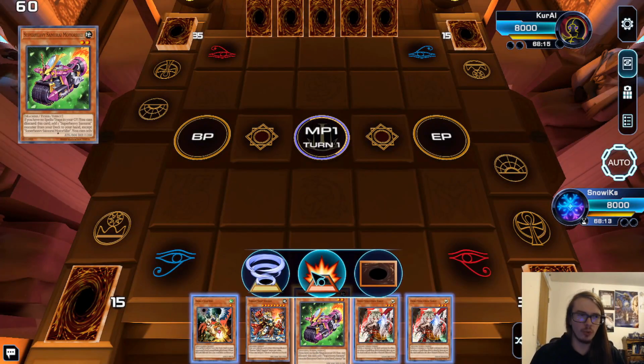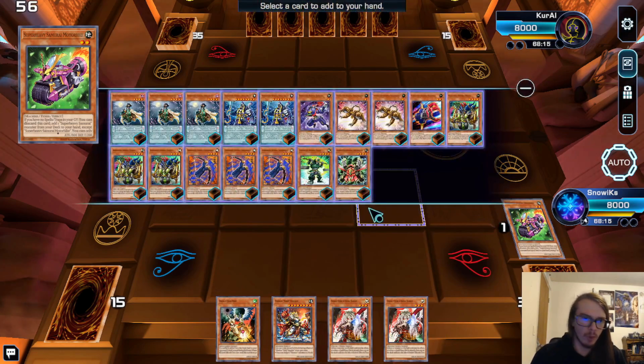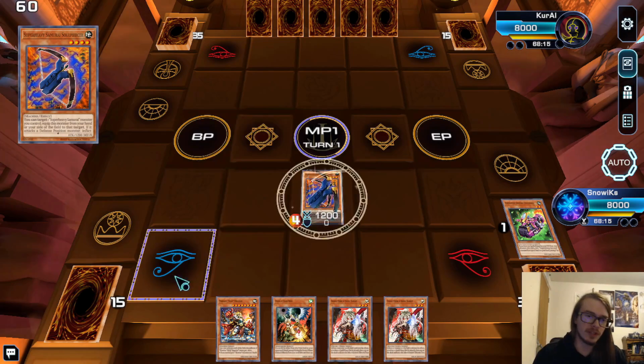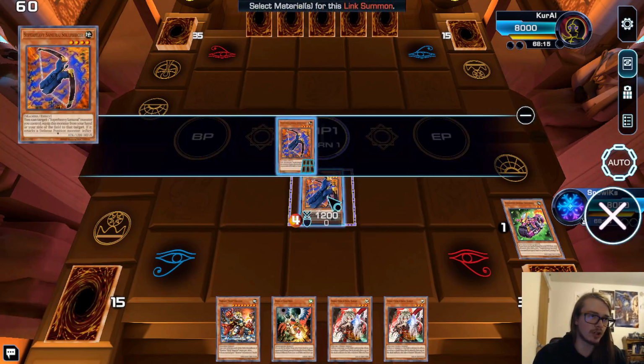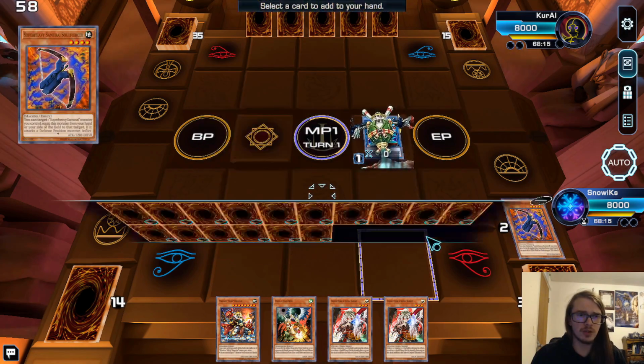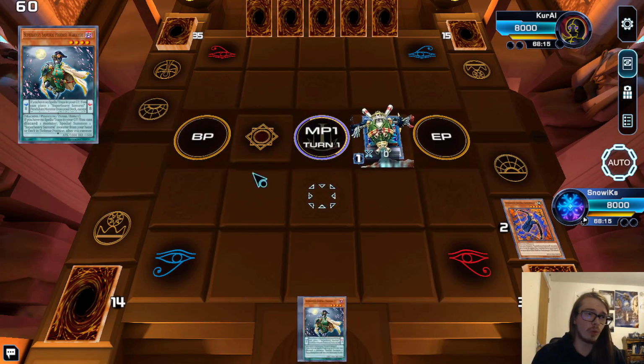Alright, I drew the 1-card combo. So let me show you more or less what it does. We're going to grab to our hand the Soul Piercer. We're going to normal summon the Soul Piercer. We're going to link it off for our Super Heavy Samurai Scarecrow here. We're then going to activate its effect in order to search out the Wakaushi, and then we are